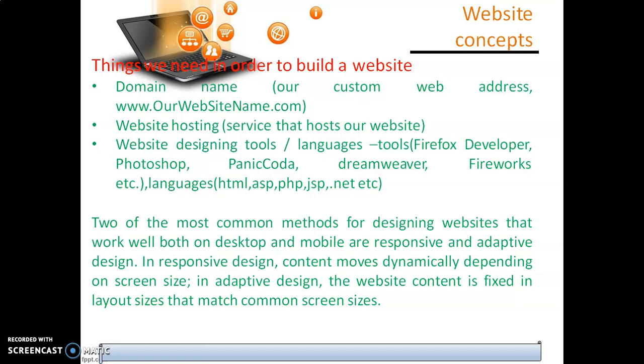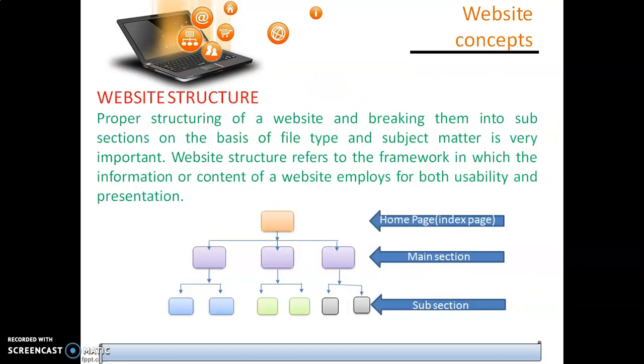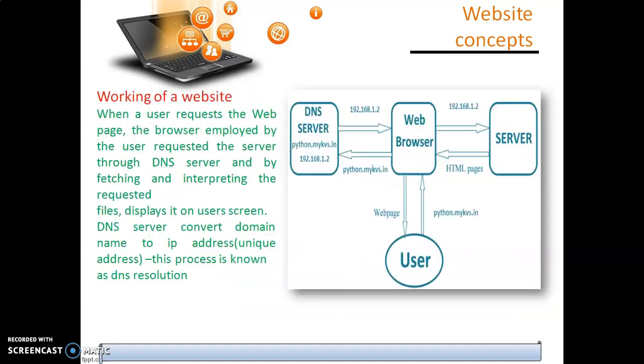Domain names are to be purchased, like our website name .com or .in. Website hosting we can do. Website designing tools, there are several languages. Now website infrastructure, it must be structured well so that each and every one of them can be understood very well. Now working of a website, DNS just converts